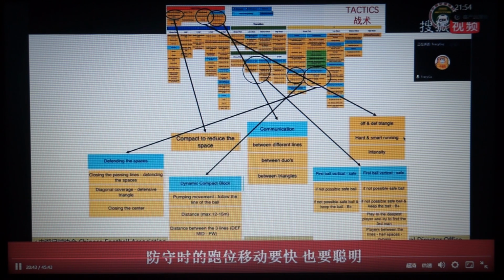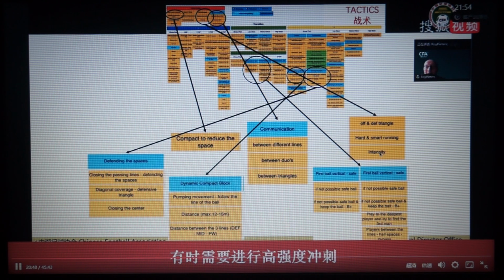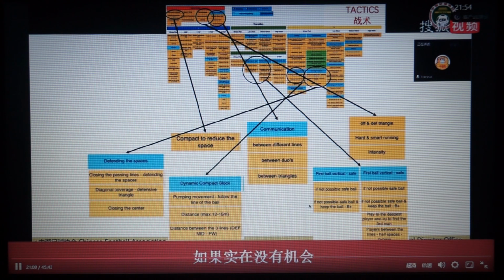To defend and to attack, you need hard and smart running. You need high intensity sprints. And at the moment you have the ball, you need to play your first ball vertical and safe. So if not possible vertical, you need to play safe. You have the ball, you play to the same color. If you have the ball and it's not possible to play directly vertical, you need to be safe and